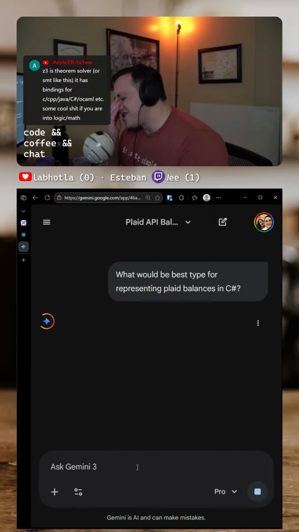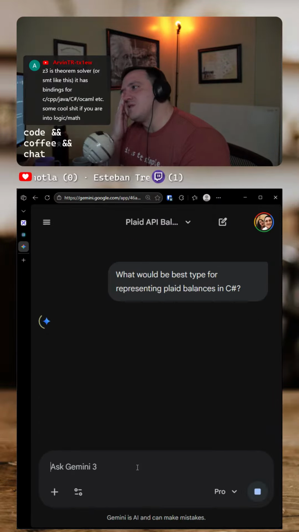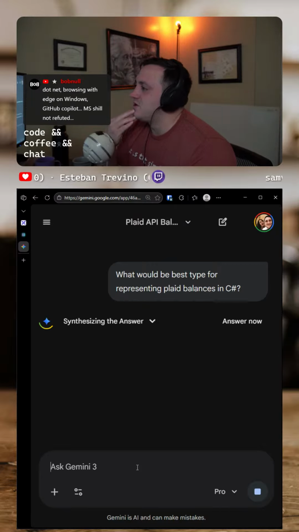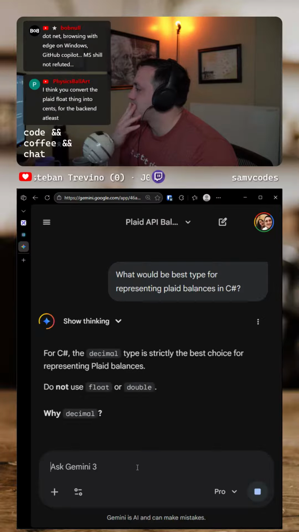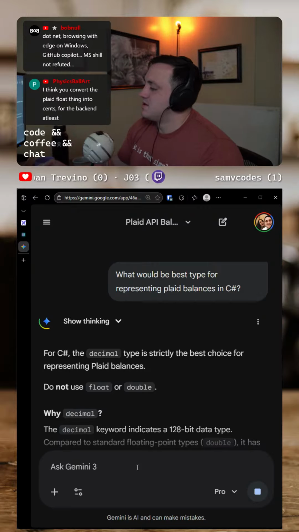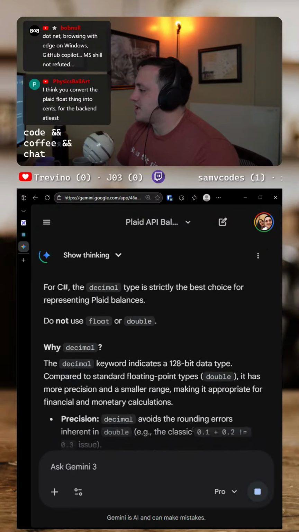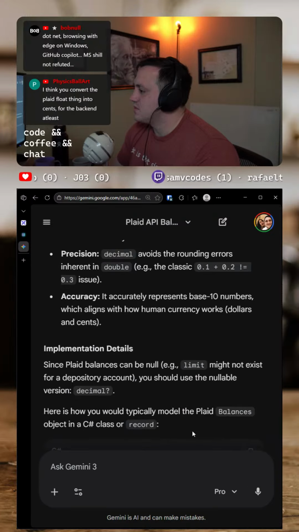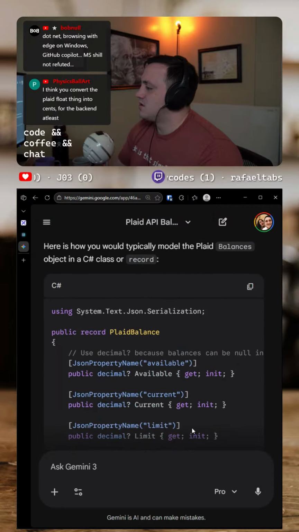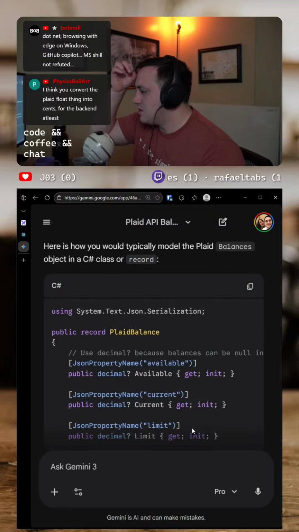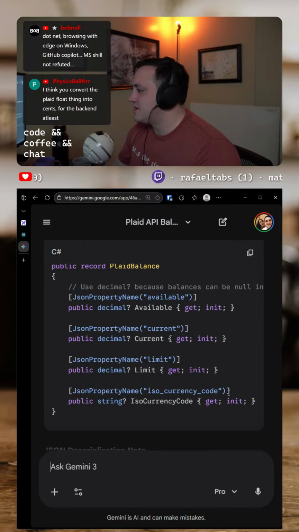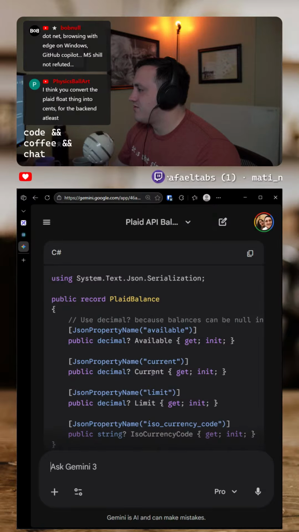This is kind of interesting though. Since this is my balance model, the question is how do I want to store it in my database? Okay, so we use a decimal. That's fine. Available, current, limit. The problem is I don't know if I want